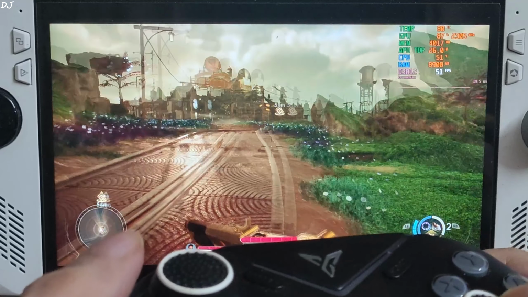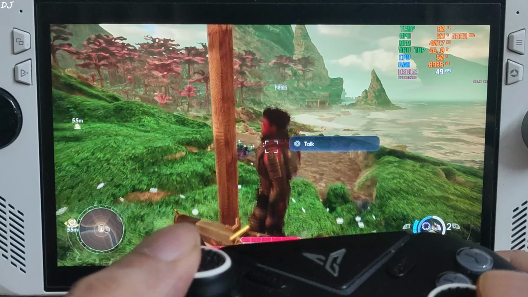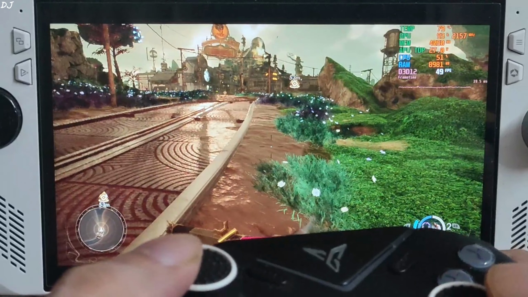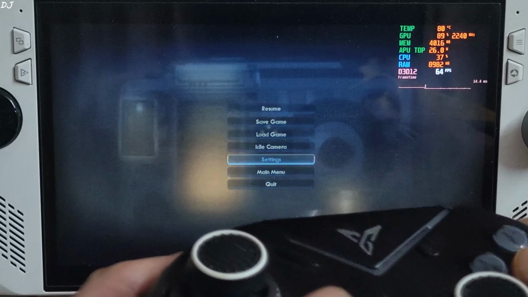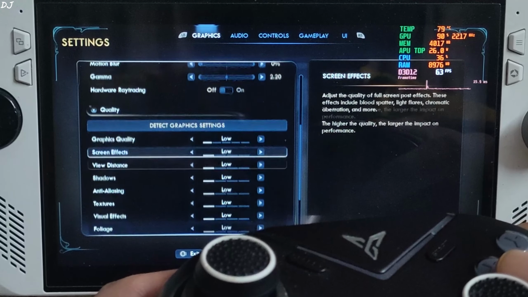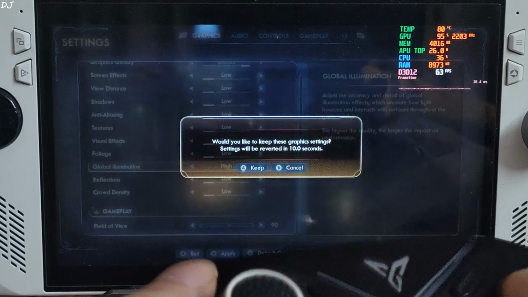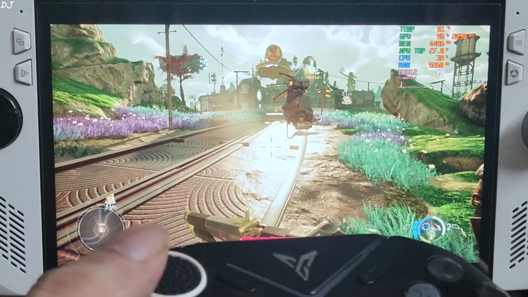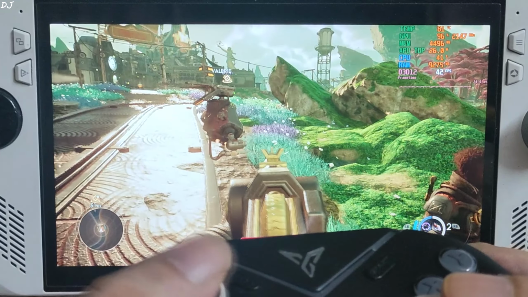FPS is close to 50. I have two companions with me, Niles and Valerie. Okay, I'll fix this shimmering around the vegetation by setting global illumination setting to high. Comes with a big hit on the performance. Resume the game. Yeah, the grass textures are rendered properly now. That shimmering effect is gone,